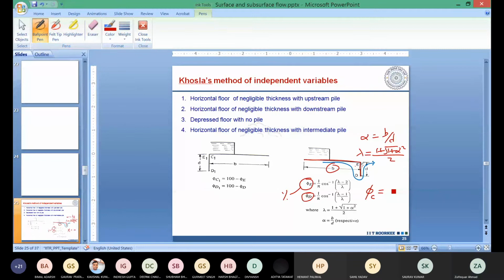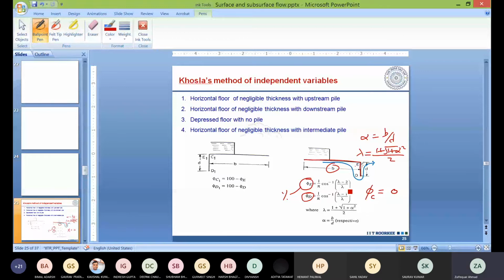Now, let us say this is known to us, could we get that one in the upstream? Here, this is E1, C1, and D1. And you rightly said for the phi C that is equal to 0, then phi E1 is equal to 100%. This is the phi E1, because our flow is going like this. Okay, E1 is the entry point, so that is having 100%. I mean, there is no dissipation of the energy.